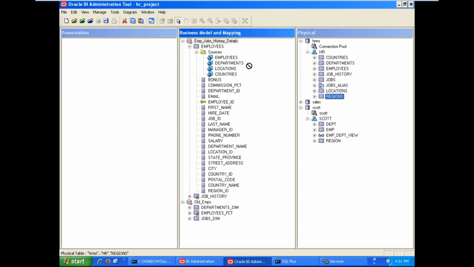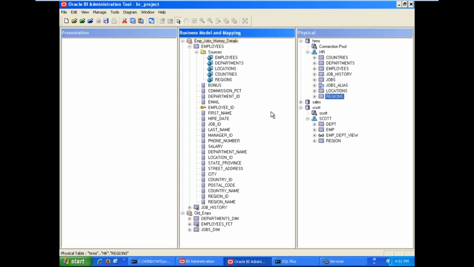Here we added 5 tables. The previous business model had only 4 tables, departments to regions. Now we added the employees table also, because after employees we have the job history table. History details are available in the job history table only. That's why the employees table is also a dimension table. In the previous business model, the employees table is a fact table, whereas in the current business model, the employees table is a dimension table.